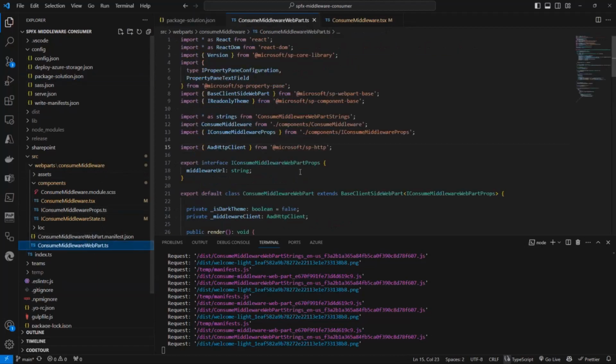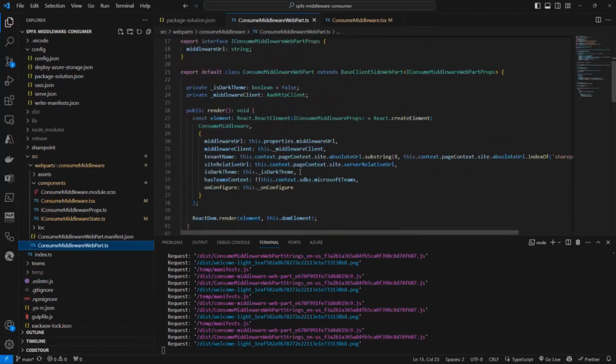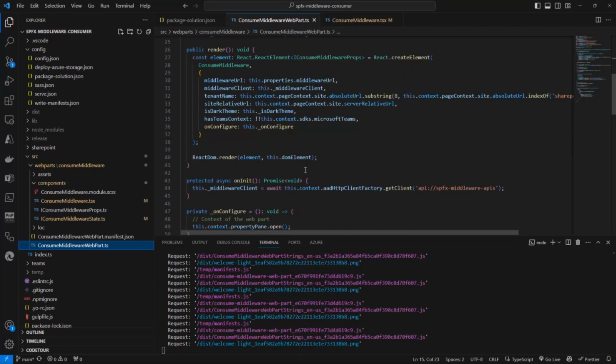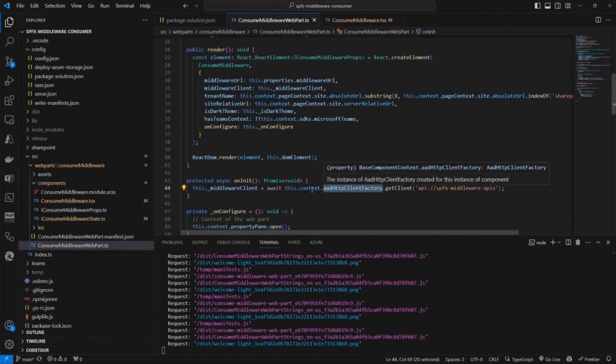Then in the web part, we rely on the out-of-the-box capability of SharePoint Framework to create a secure HTTP client to consume an external API. Specifically, we use the AadHttpClientFactory object of the SharePoint Framework context to get a client for our API. Notice that this is exactly the URI of the app that I registered in Azure Entra ID.